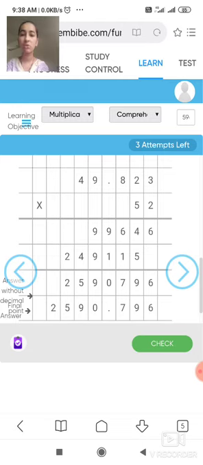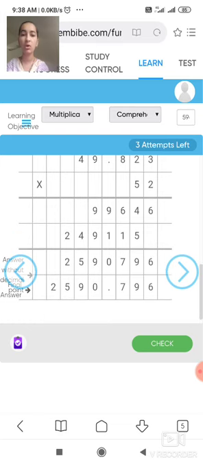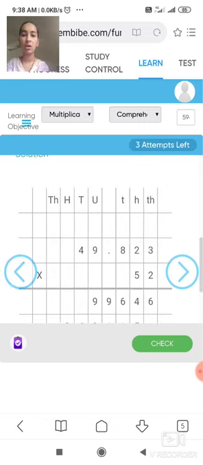2590,796. Now we have to give the decimal. In the question 49.823, after the decimal how many digits are there? 3 digits are there. So for the decimal point, from the right side leave that many digits, 1 2 3, then give the point. That means 3 digits are there, so give the point and then write your answer. Okay, understand how to give the decimal?